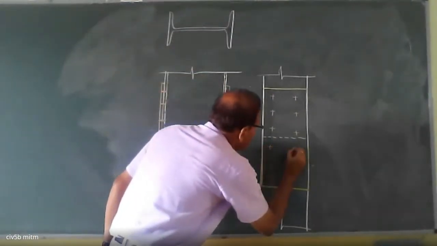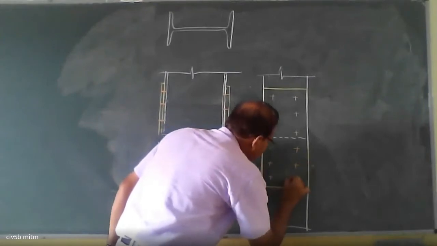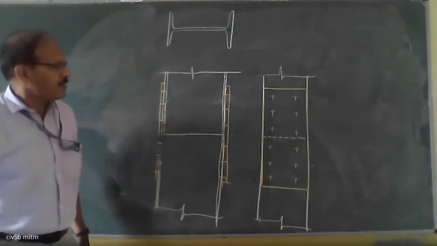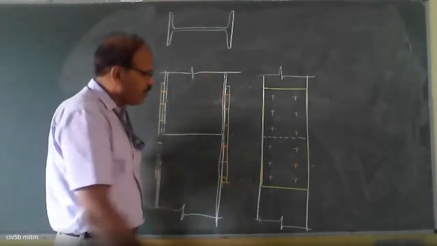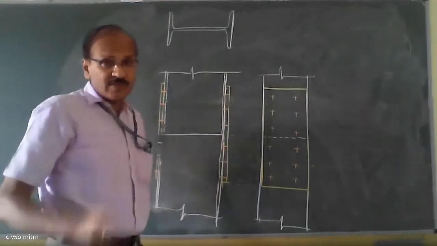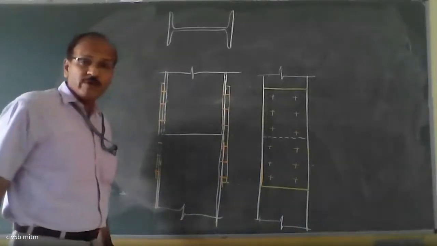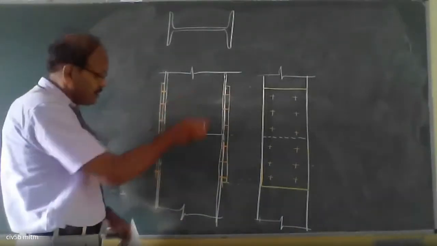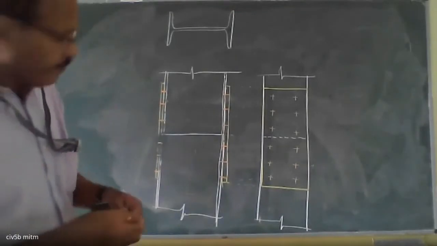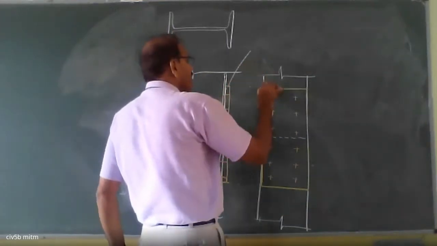So this one is like this. Is it clear to you? So this is the way we are going to connect. And even these boards are designed for certain load. Because it is not in your syllabus, you don't have to worry about it. So this is the way splicing, column splicing is done. This is called splice plate or splices.